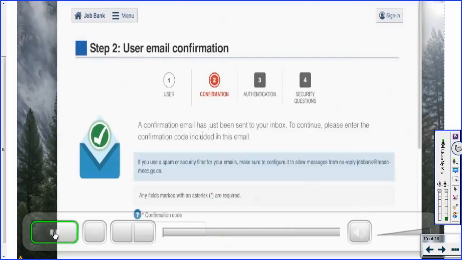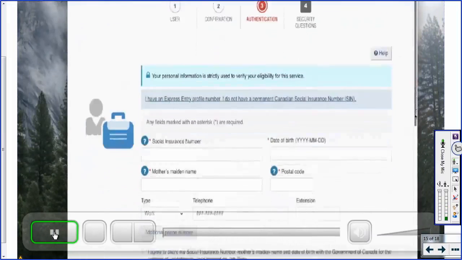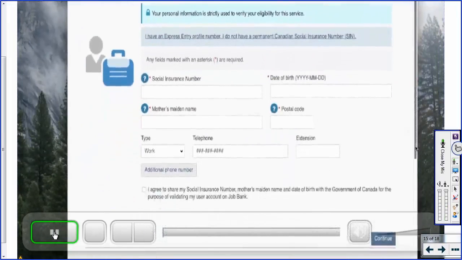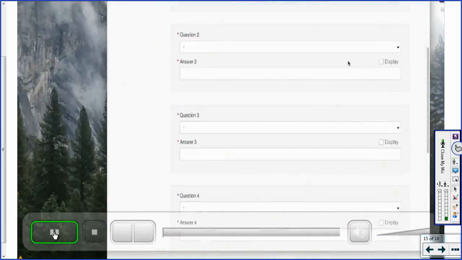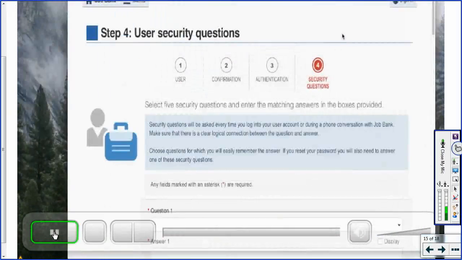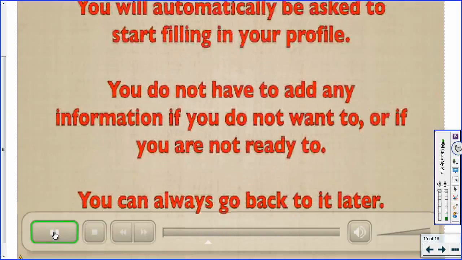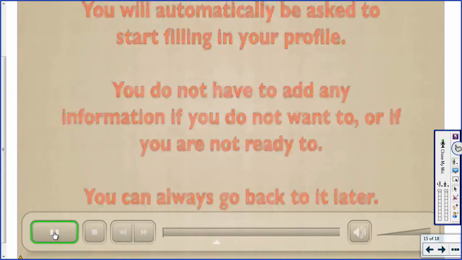After you've entered your user information, it will give you a message letting you know that you'll receive an email. And in that email, you'll get a confirmation code. Now that I've verified, you can see that it's asking me for some more personal information. And the last step is to fill in some security questions and answers. I will pause again and come back after I'm done this, but I just want to warn you that the next step will be for you to start managing your preferences. If you don't want to fill in anything for your profile, you can skip any of the sections that you want and then go back to them later.